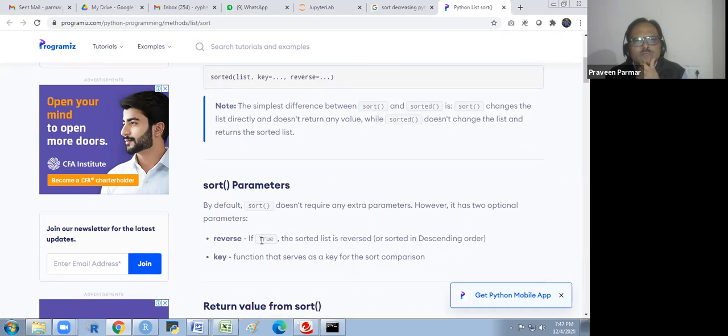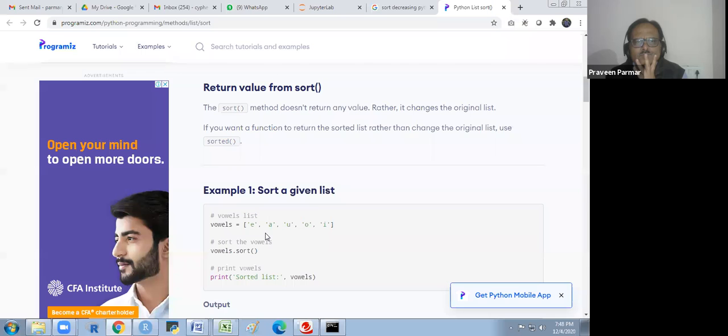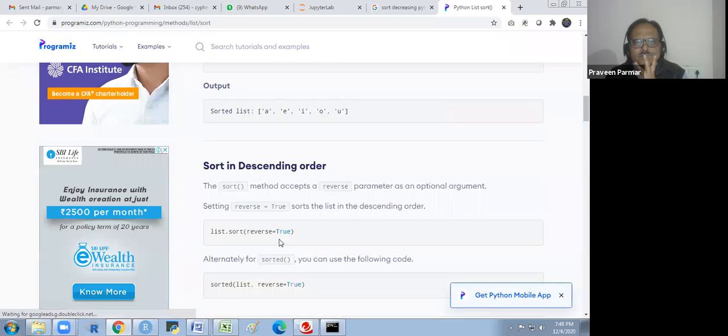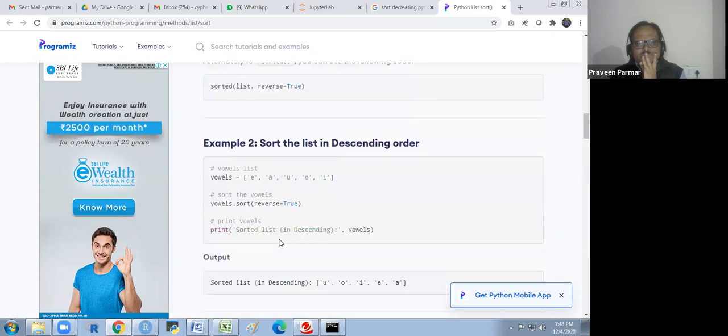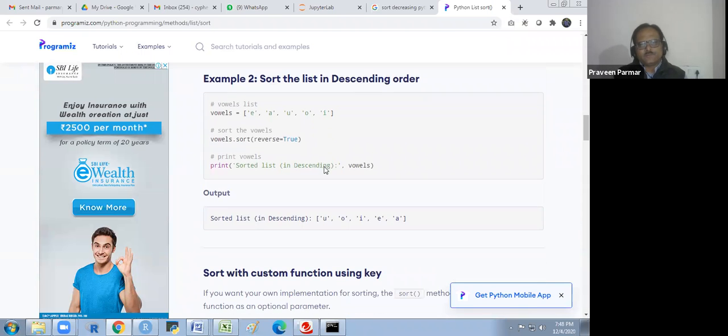True. Reverse and key functions have the key to sort out comparison. It is with strings, it is okay.